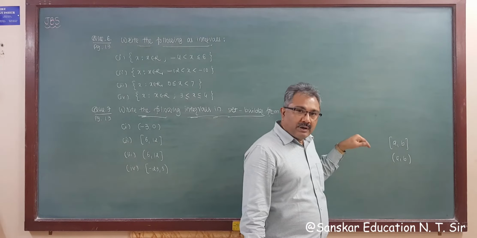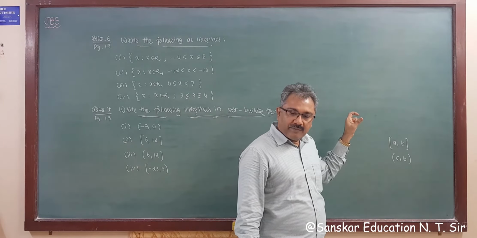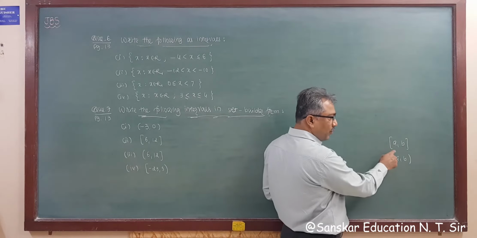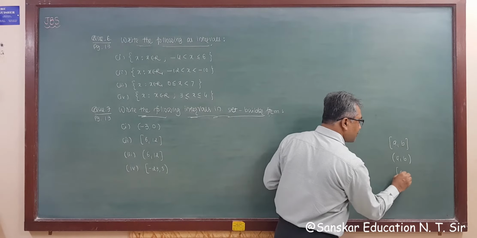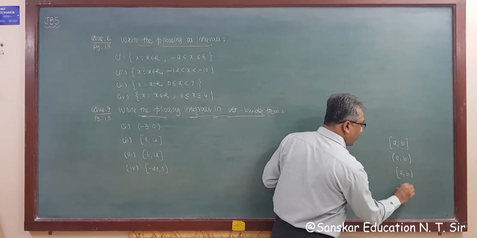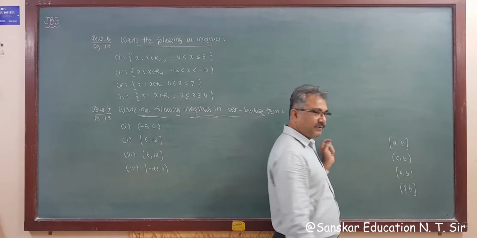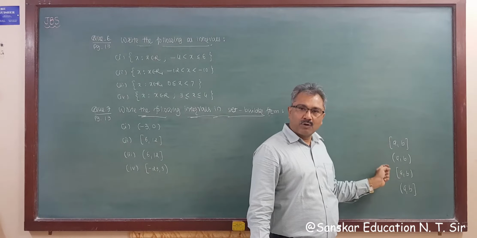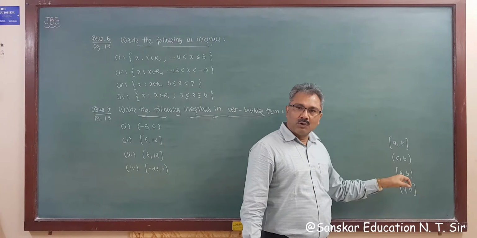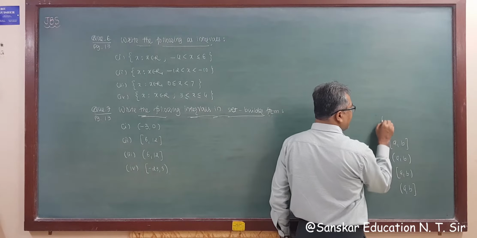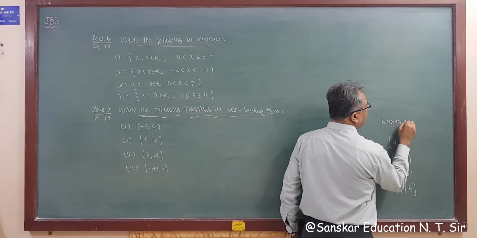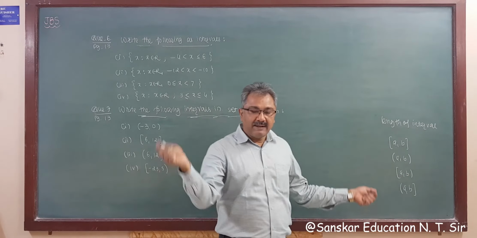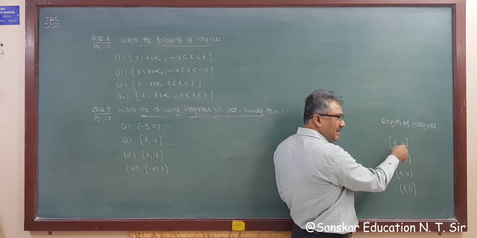Now the length of this interval, either closed interval, open interval, closed-open interval, or open-closed interval. So the length of all these intervals, whether closed, open, closed-open, or open-closed, right, the length of the interval is b minus a.